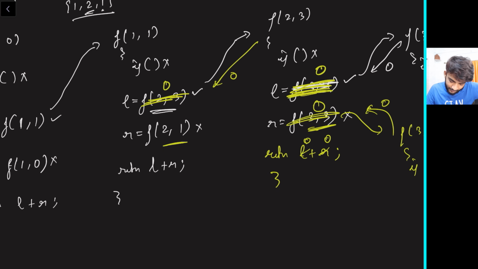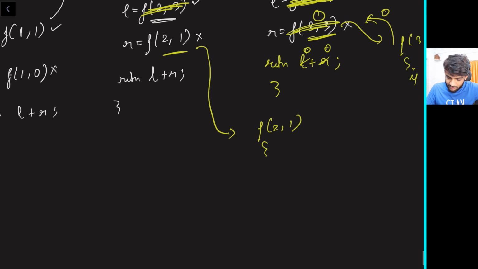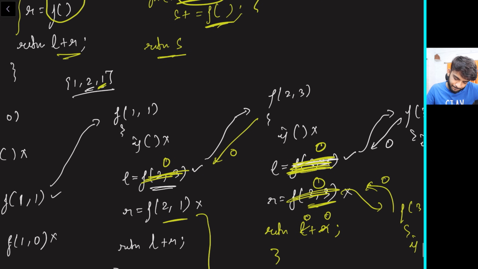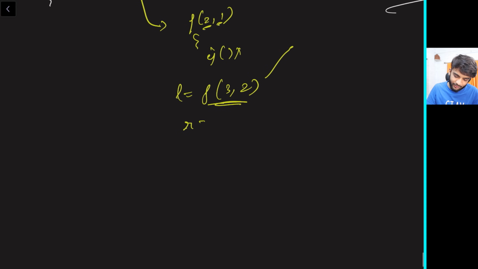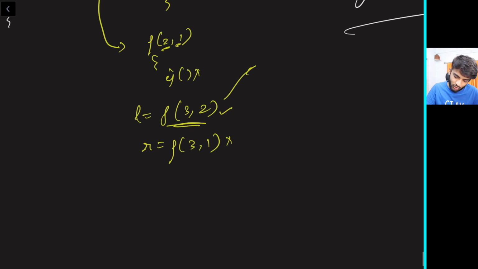Now this one, f of 2 comma 1. If I try this, the if will not be executed. Now L will be f of the next index and 1, the second index will be picked. If you remember the array, it was 1 over here. So 1 plus 1 will be 2, and this now goes. And there will also be an R where you say you will not pick anything, pick and not pick. So when this goes, it's like f of 3 comma 2, which is 3 equal to 3,